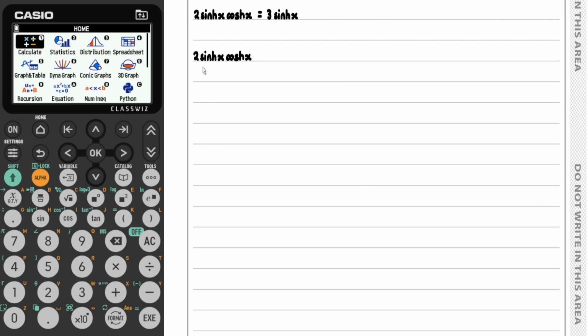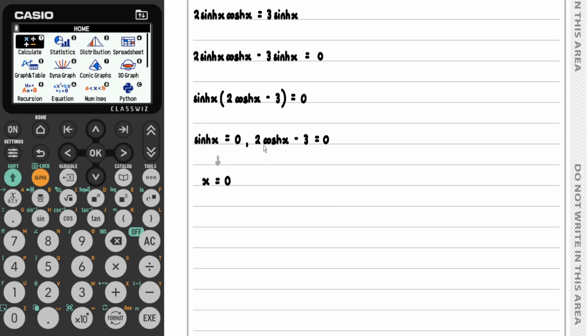Rearranging, we would have 2 times hyperbolic sine x times hyperbolic cosine x, subtract 3 times hyperbolic sine x equals 0. If I factorize out a hyperbolic sine x from both terms, we have hyperbolic sine x multiplied by 2 times hyperbolic cosine x subtract 3 equals 0. So we either have hyperbolic sine x equals 0 or 2 times hyperbolic cosine x subtract 3 equals 0. If hyperbolic sine x is equal to 0, that means x is equal to 0,